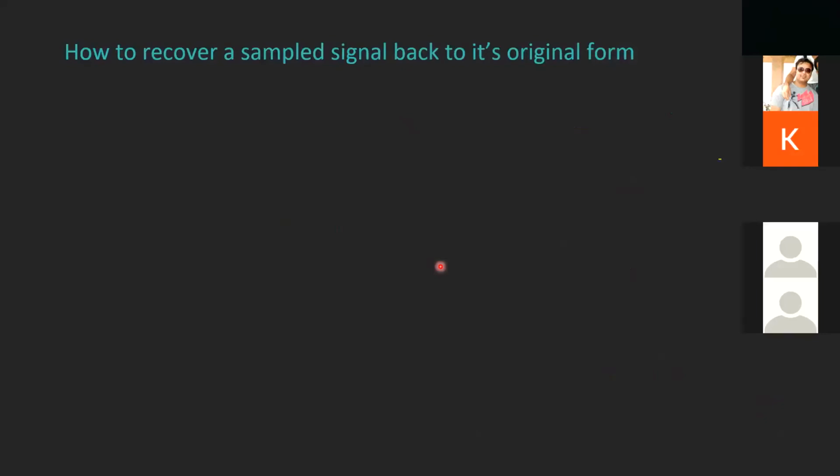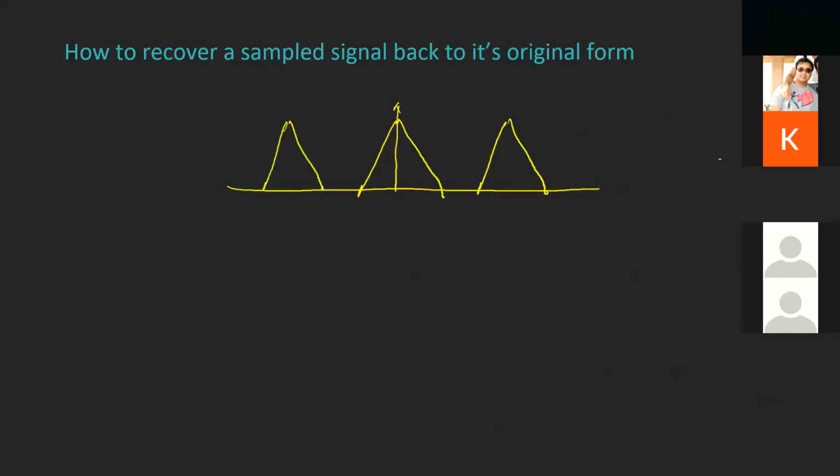Now, how to recover a sampled signal back to its original form? This is simple. I think most of you already know the answer. Here I'm not talking about aliasing. I am just talking about the actual sampling rate, if my FS is satisfying the Nyquist sampling rate. So this is my sampled signal, and continuing with the same example that I have to amplify my speech signal, let's say after sampling, my speech signal is this. I pass it through an amplifier, let's say a multiplier. Initially my amplitude is 1. This is just an example. I am not talking in terms of exact mathematical numbers.